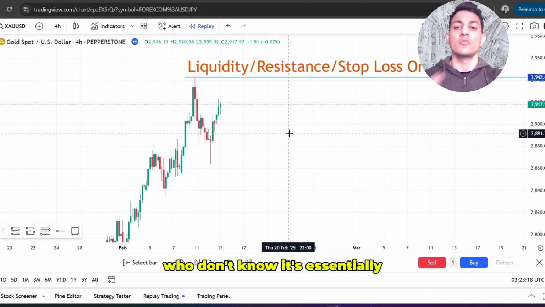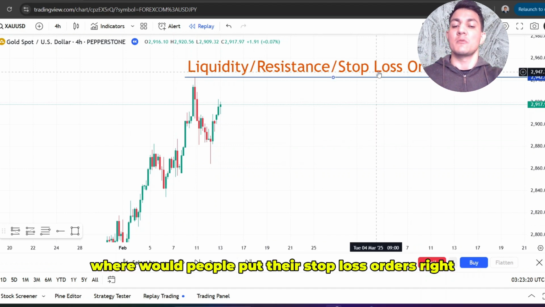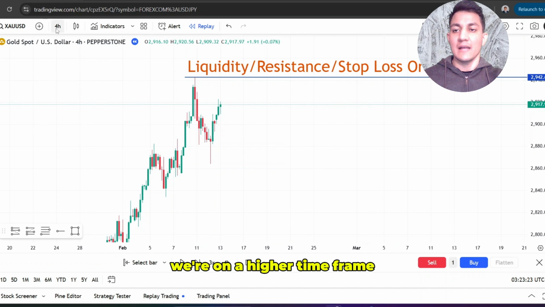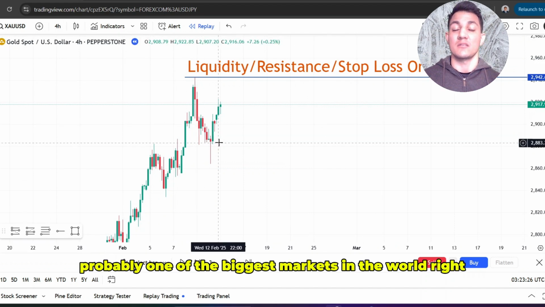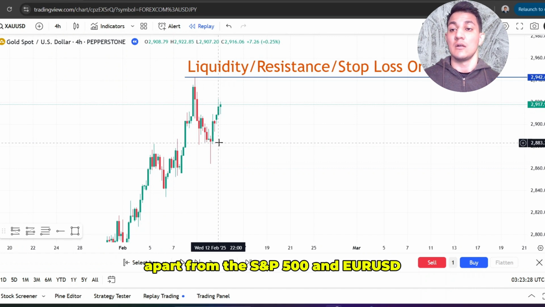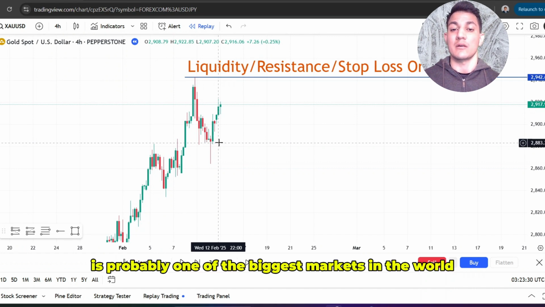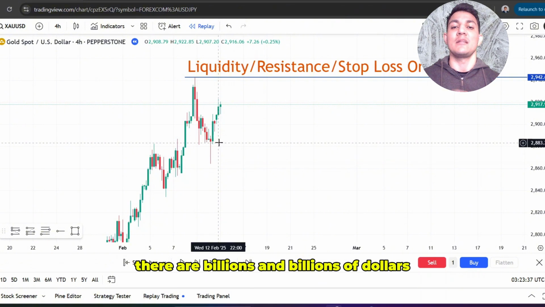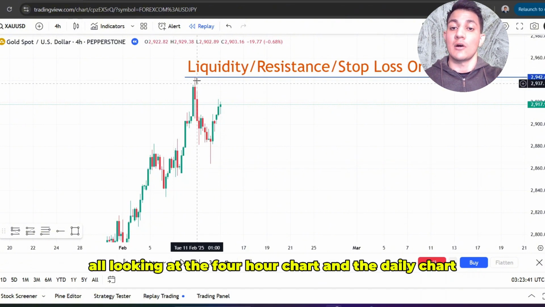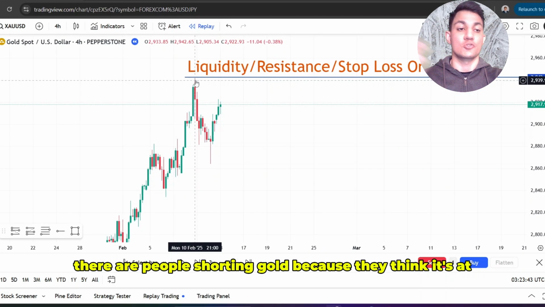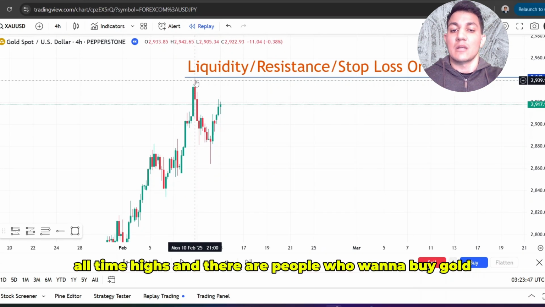Now, liquidity, for those who don't know, is essentially where people would put their stop loss orders. We're on the higher time frame, we're on gold, and this is a major market. It's probably one of the biggest markets in the world. Apart from the S&P 500 and euro dollar, gold is probably one of the biggest markets in the world. There are billions and billions of dollars. There's huge institutions all looking at the 4-hour chart and the daily chart, and at this key high here. There are people shorting gold because they think it's at all-time highs,